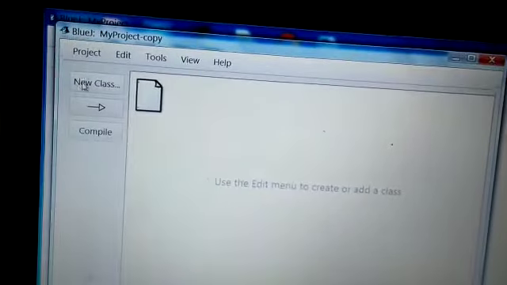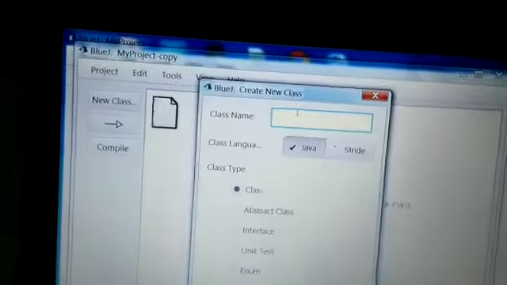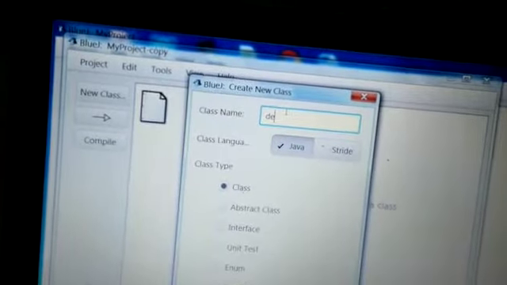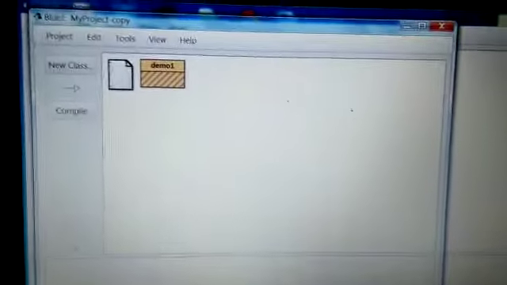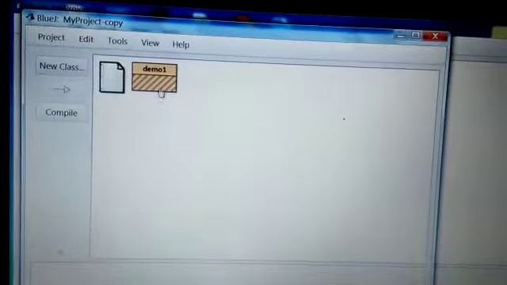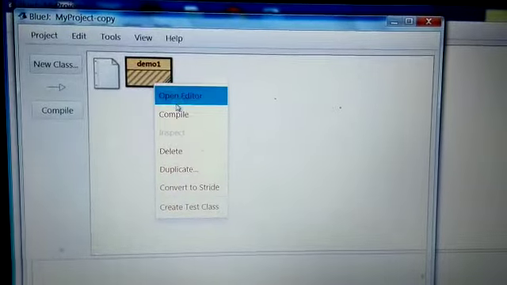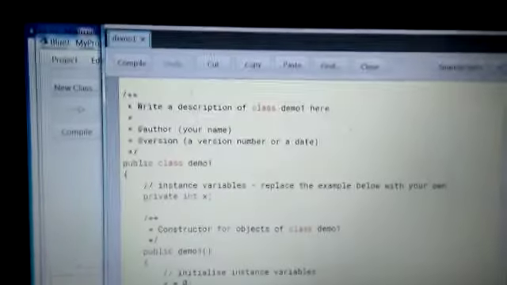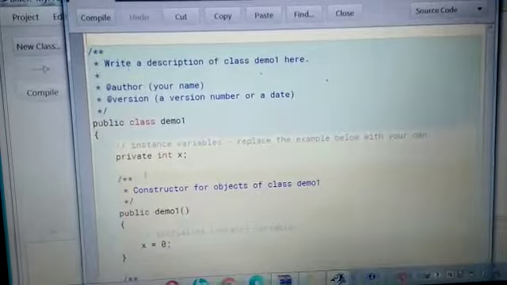Alright, so it will ask you to create a new class, right? This is the name of your class. So again, I'm writing demo1 and it will give you an interface where you can code your things. If you right click on it, open editor, you will get a screen where already there is so much of code there.